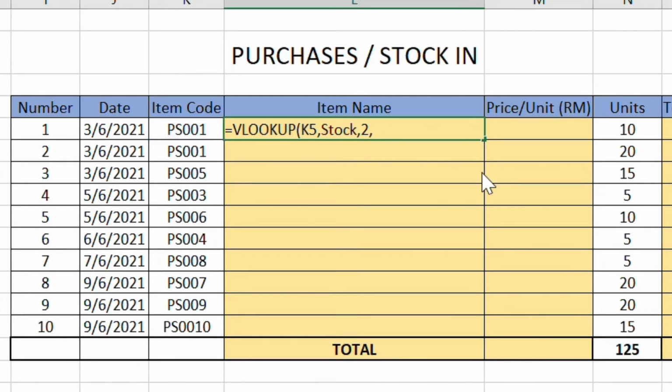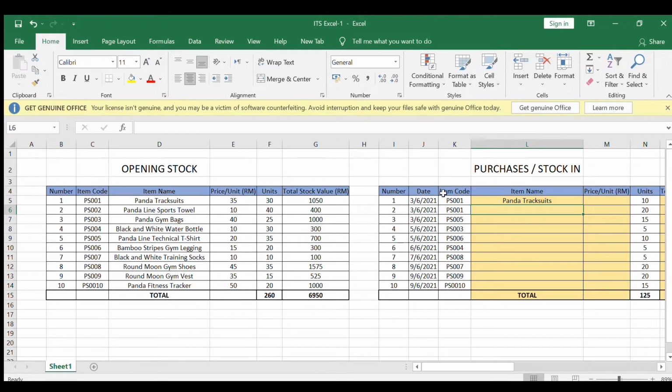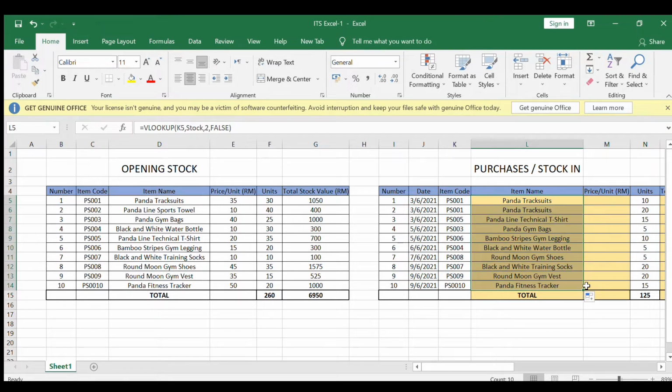next we want to select false, as we want to take the exact value of the item name from the opening stock into the purchase stock. As you can see, the VLOOKUP function has worked out perfectly, and you can just drag it,